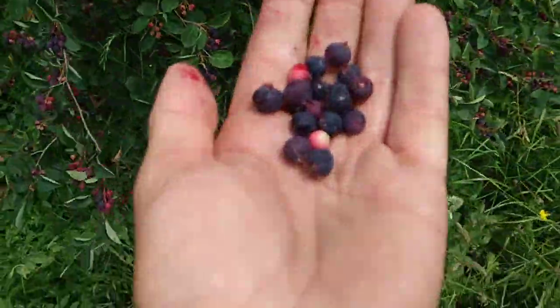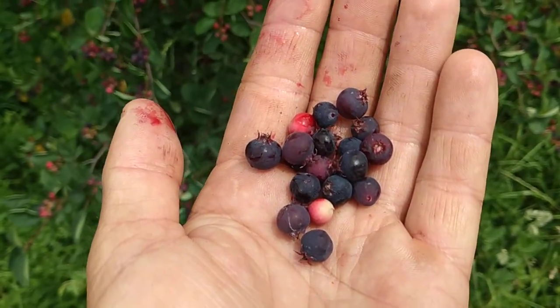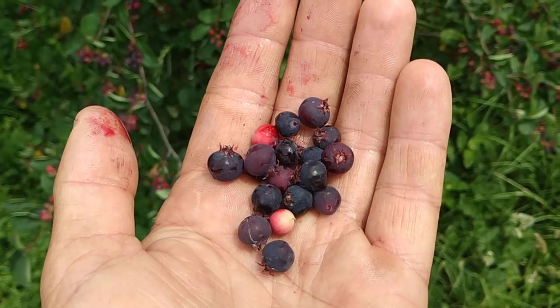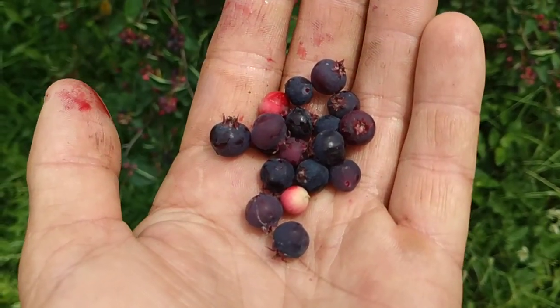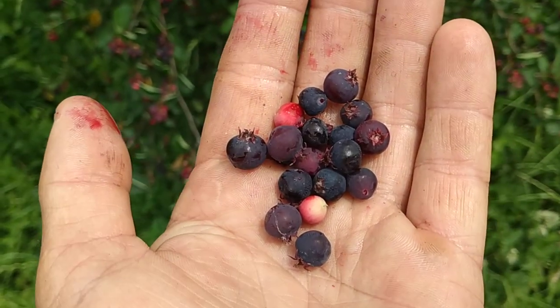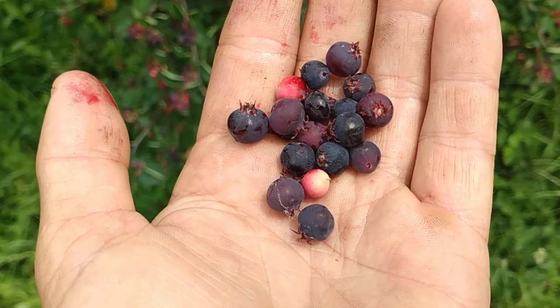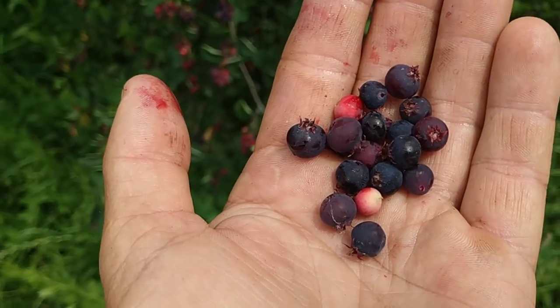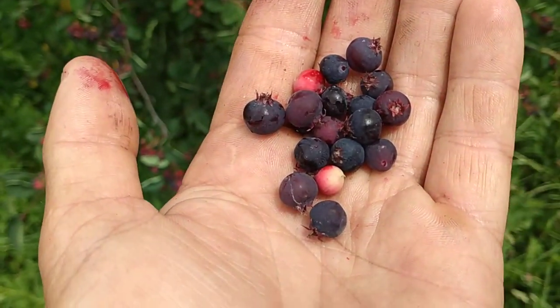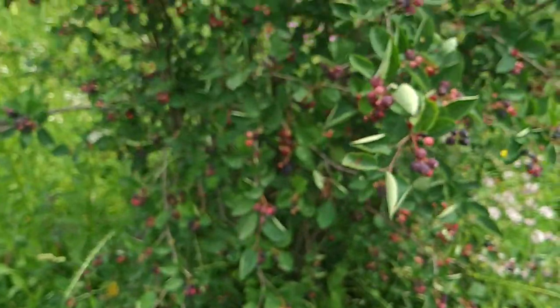I even once tried to dry those Juneberries. I dried quite a large amount of them. When dried, they are not particularly sweet for some reason. I don't know why. They are much less sweet than raisins. And also when they are dried, the big seeds make it a little bit hard to chew them. Basically, most of the time you chew on the seeds. Well, the seeds, let me try to...